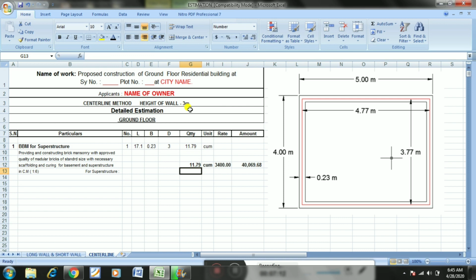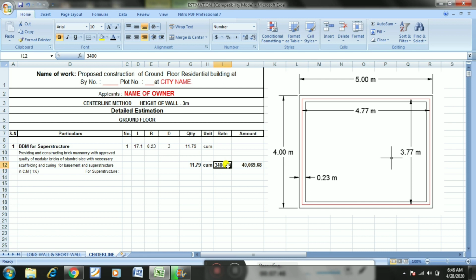Here we are taking a rate as per the schedule of rates given by the public works departments of the respective states or country. It is left to you how much you will take. Here I am taking 3,400 as per our SR rates. It may not be fixed. It should not be as old as 4 or 5 years. You must refer to the updated SR books. A new book should be taken into consideration.